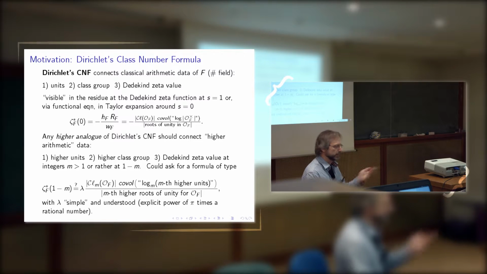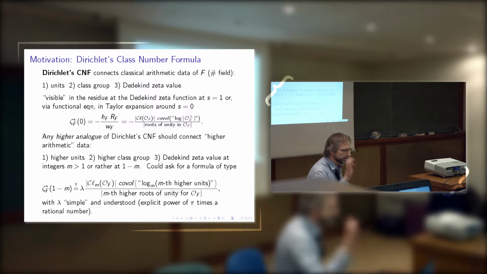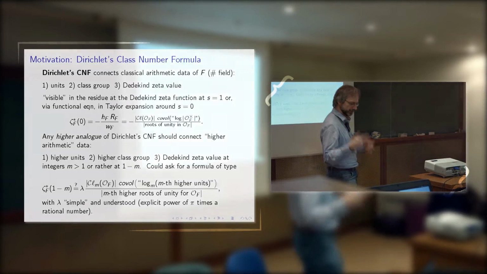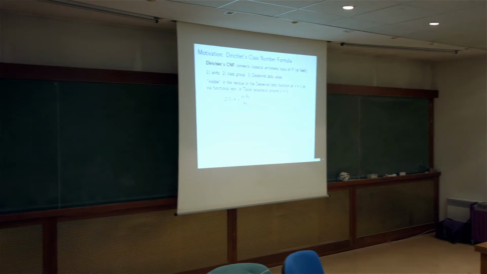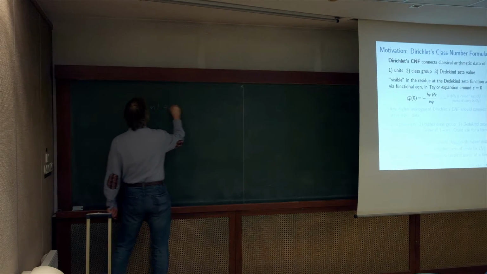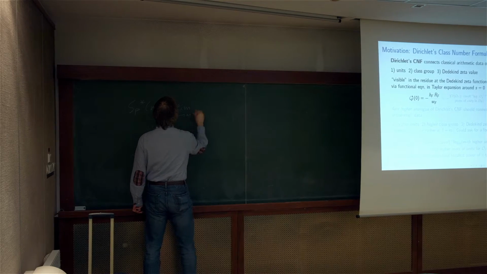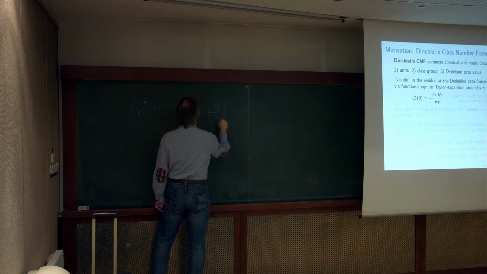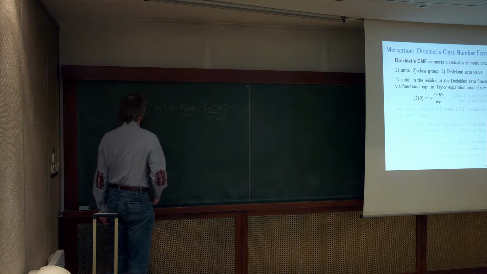Take the Taylor expansion, and the first non-vanishing coefficient is given in this formula, zeta_F star. I think that's the simplest form. Zeta_F star equals minus h_F. And zeta_F star at a point m is essentially the limit as s goes to that point of zeta_F of s divided by s minus m to the corresponding power to which it vanishes.